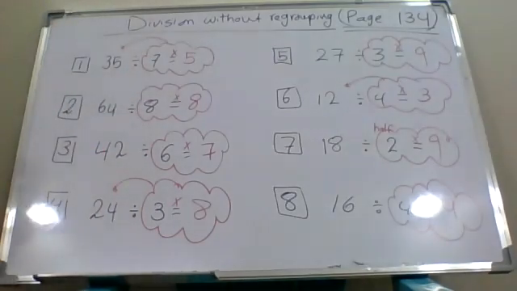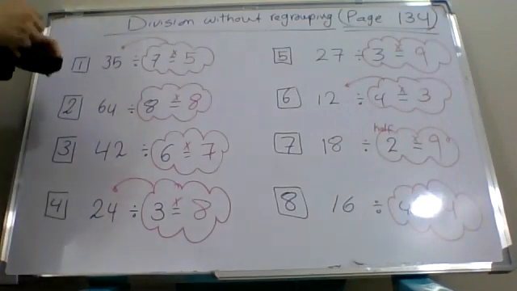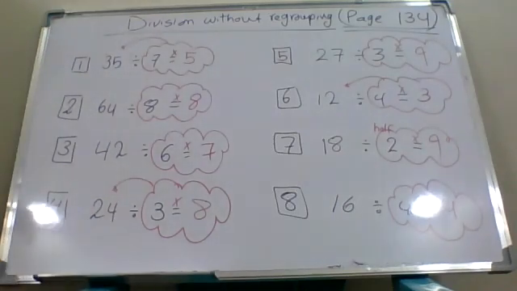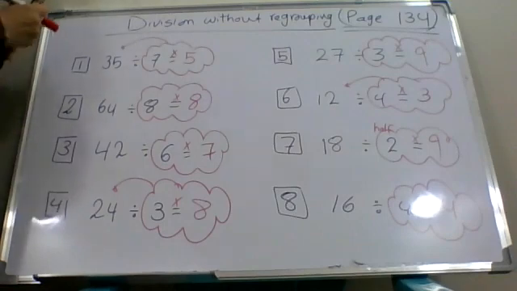But what if the number is bigger than what you have? Sometimes you don't find the number exactly. You don't find the number exactly on the times table. Like here, if I write